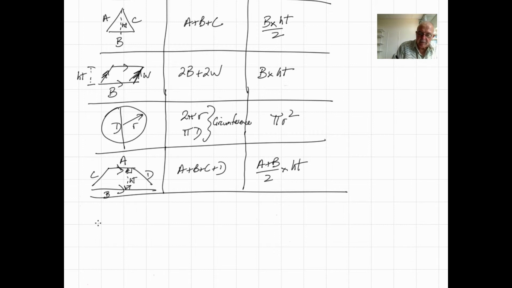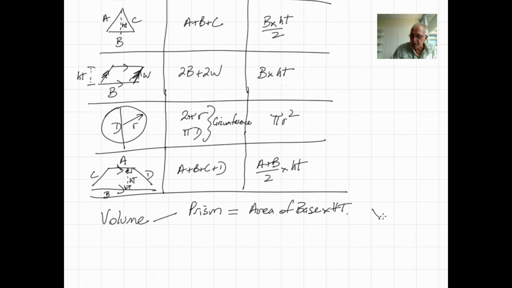As for volume, I don't like giving specific ones, I just think that there are 2 rules for volume. If you've got a prism, a prism is where the base is exactly the same as the top of the shape. It is an exact copy, whatever is on the base is towards the top, and that's called a prism. And the volume is the area of the base times the height. So for instance, if the base is a triangle,